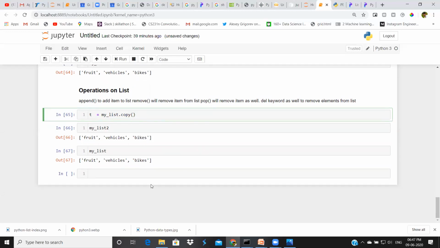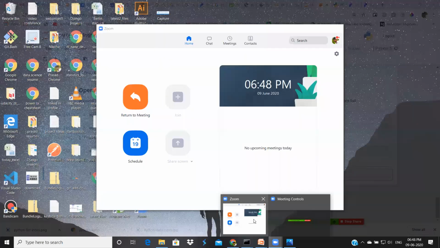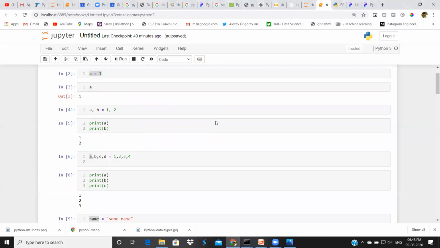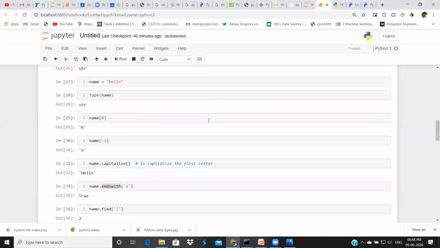One minute. Hello, Prabhu. Can you share the HTML format of this Python file? I will share it. At the end of the session, I will share this notebook. Okay, share it in HTML format so it will be feasible for everyone. Okay, Prabhu.